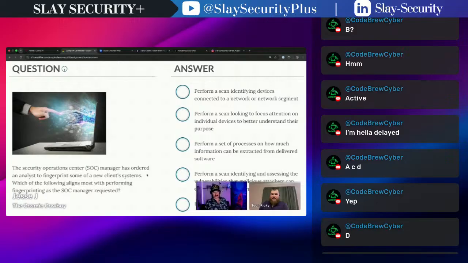Yeah, it's a vague question because it's like a scan. Are we performing a network scan? Is this a scan on each individual device that you've logged into and can see services? I'm just going down the rabbit hole. I was thinking of B or D, so I'm gonna go with Cobra and go with B. You're gonna go with B? Yeah. Okay.